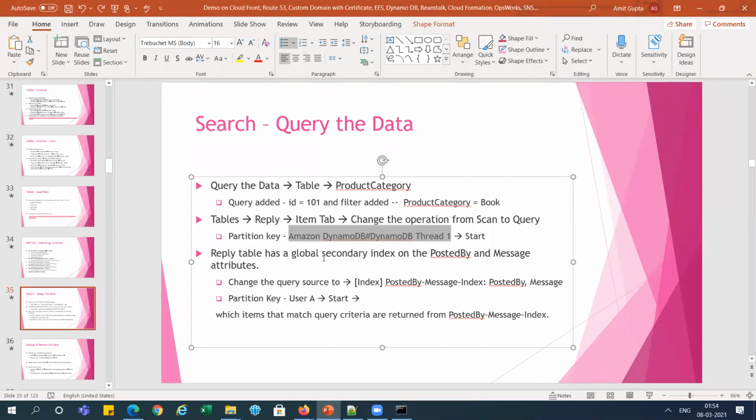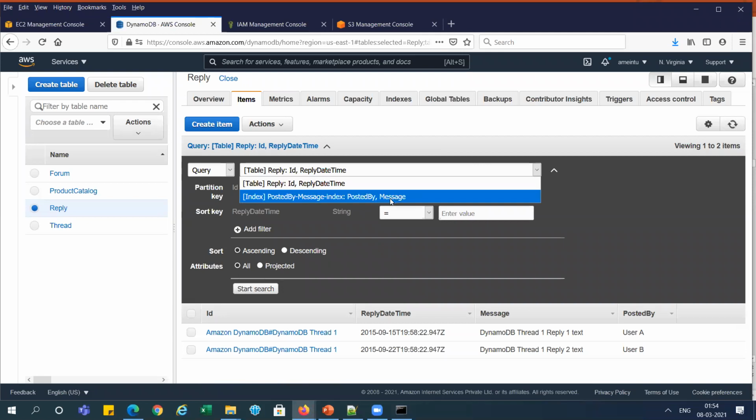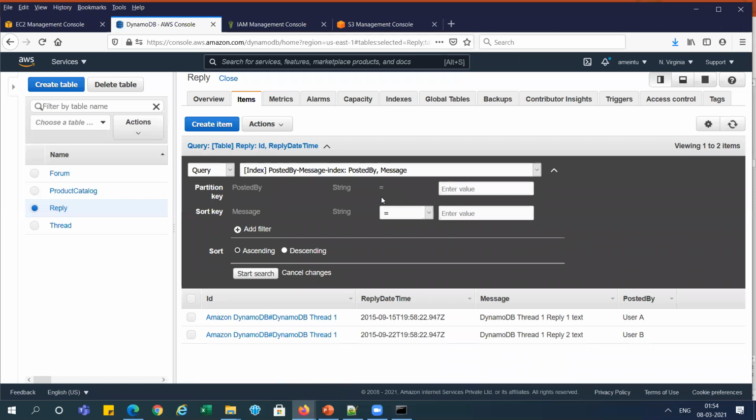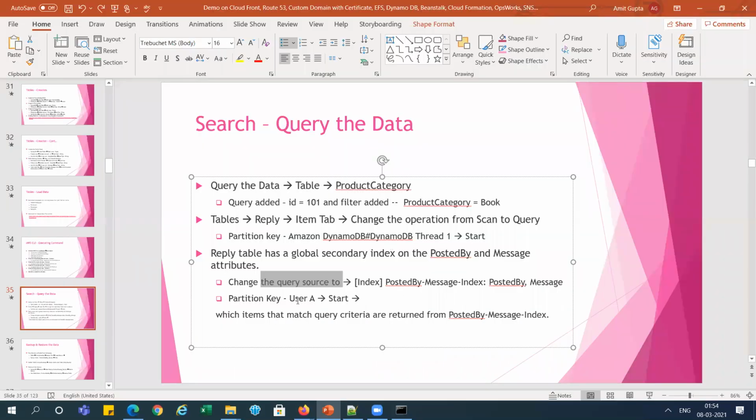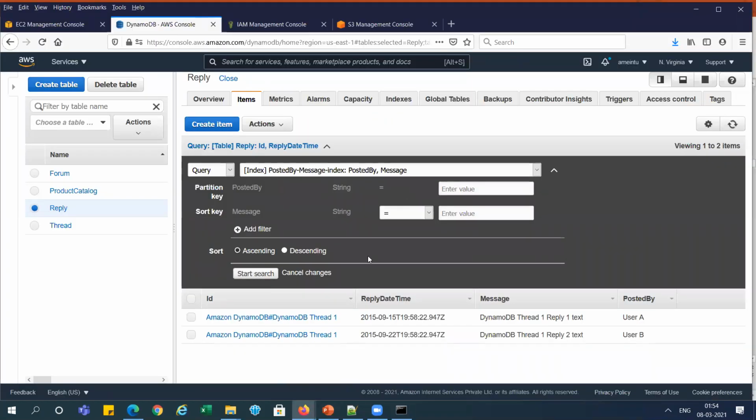And the reply table has a global secondary index on the posted by and message attributes. So we can change the query source to the index we have created over here, right? We can select this one also, and search partition user A. Posted by, we can see user A, right?